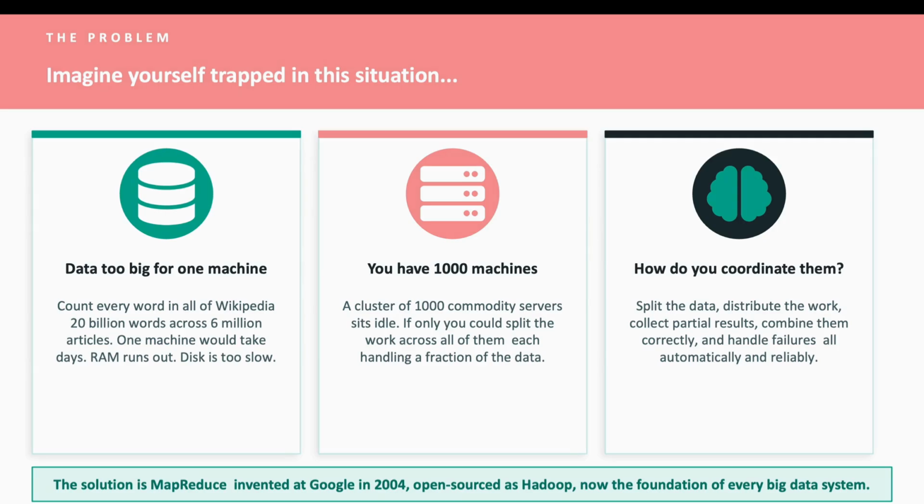Even if you had the best hardware available, you would be waiting. But you have access to a cluster of 1,000 commodity servers, not supercomputers, just regular machines. If only you could split the work across all of them, each handling a fraction of the data, all running simultaneously. The challenge: how do you coordinate 1,000 machines, and how do you split the input? How do you combine partial results from different machines without